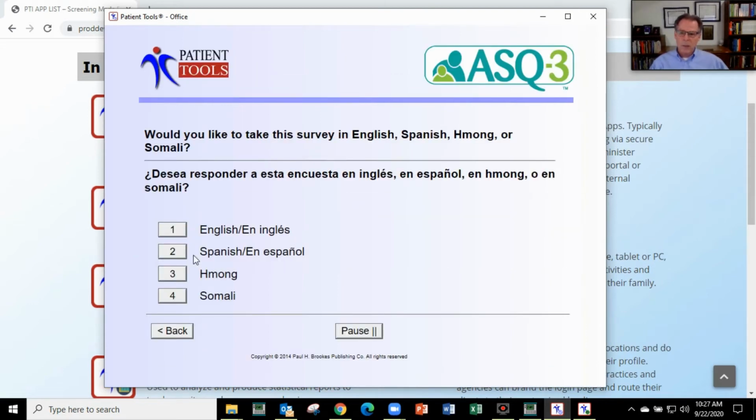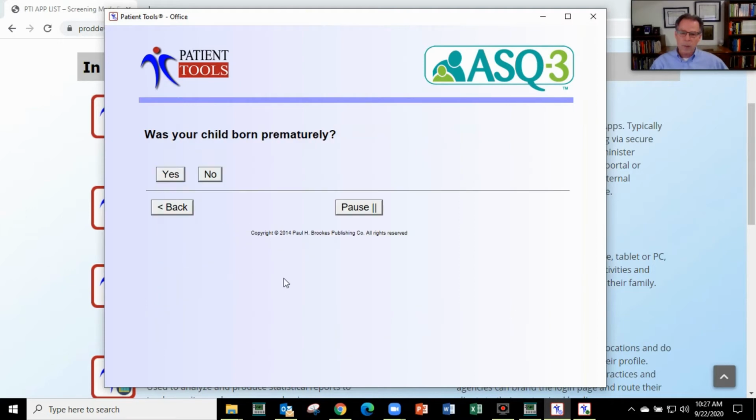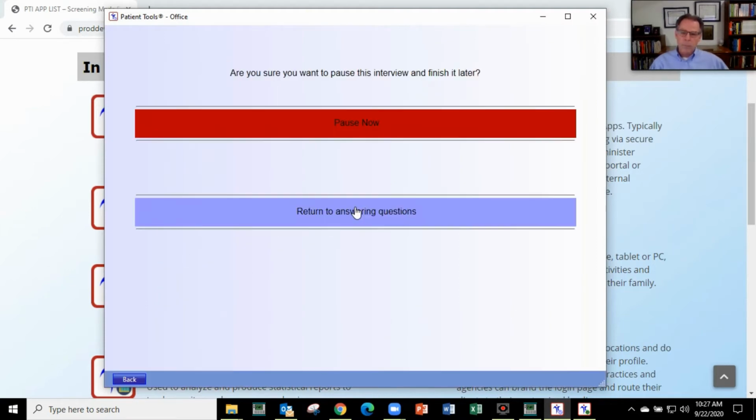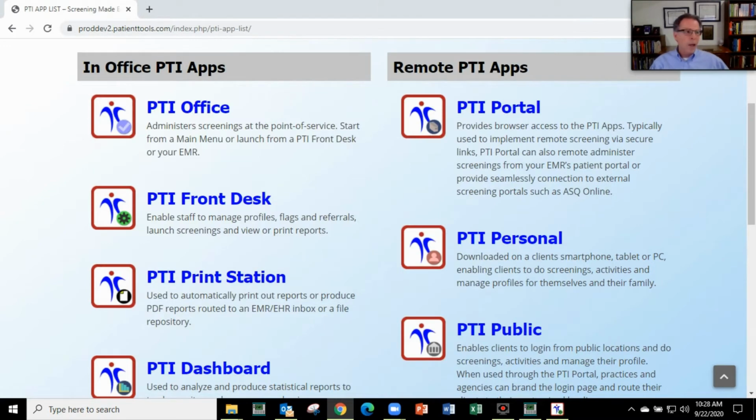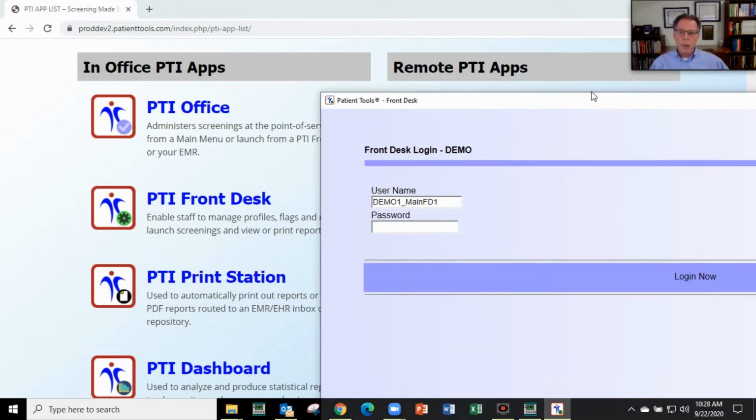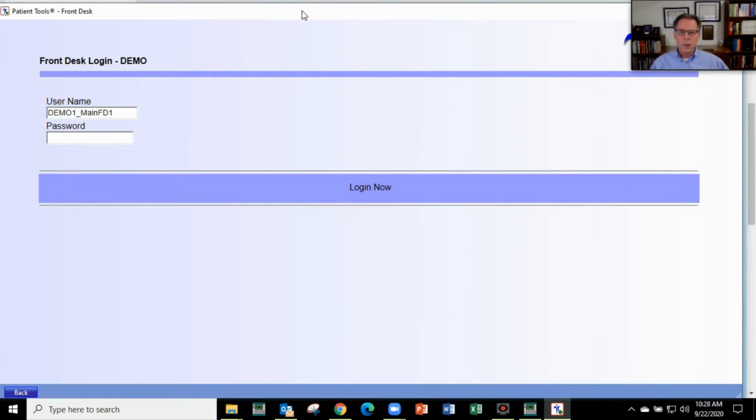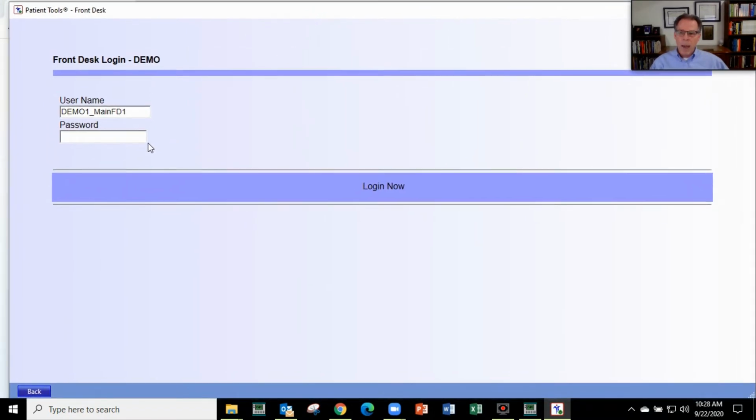And it's the exact same process. They're just pounding through, and, the usual, you can pause and all that kind of fun stuff. In terms of the front desk, you don't really need to do any of this. What you've done is you've automatically